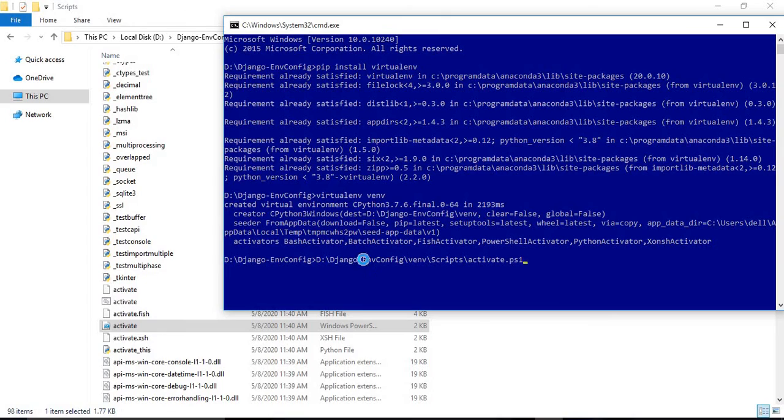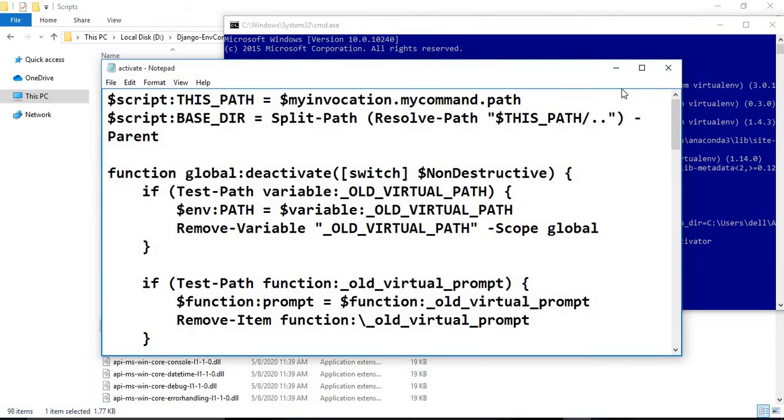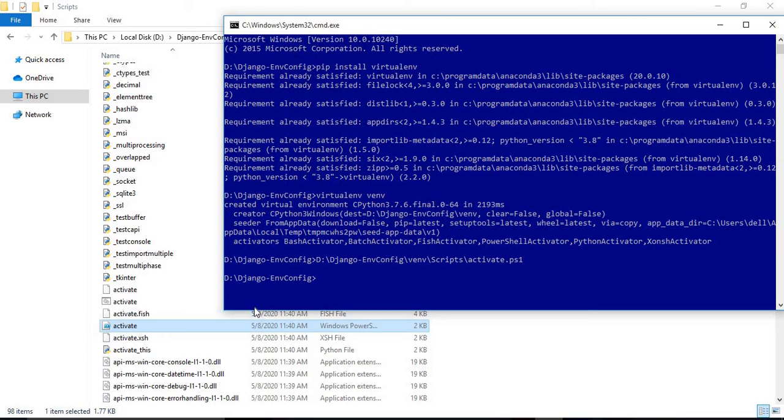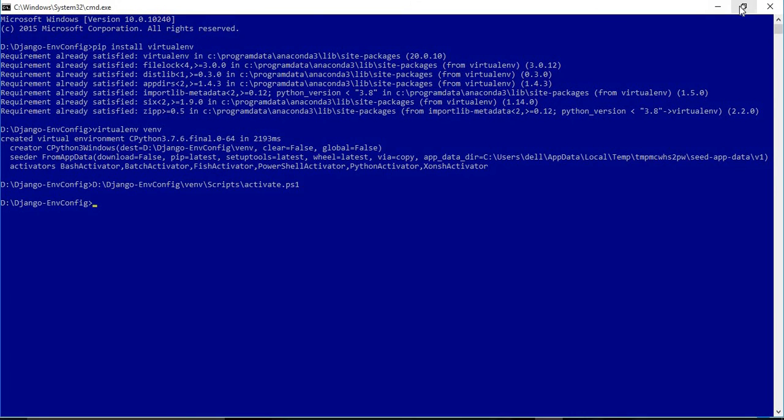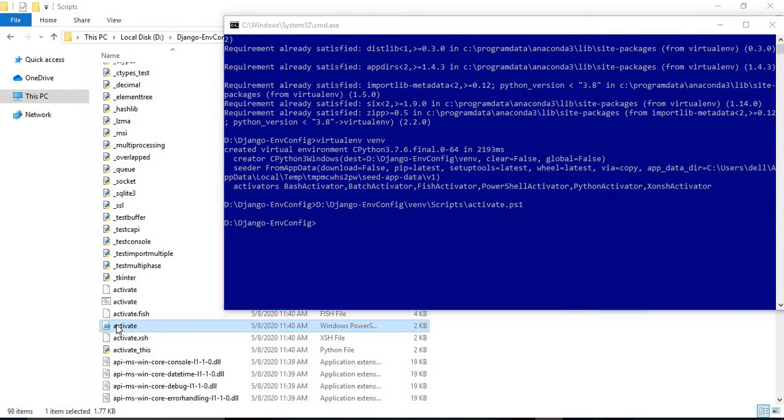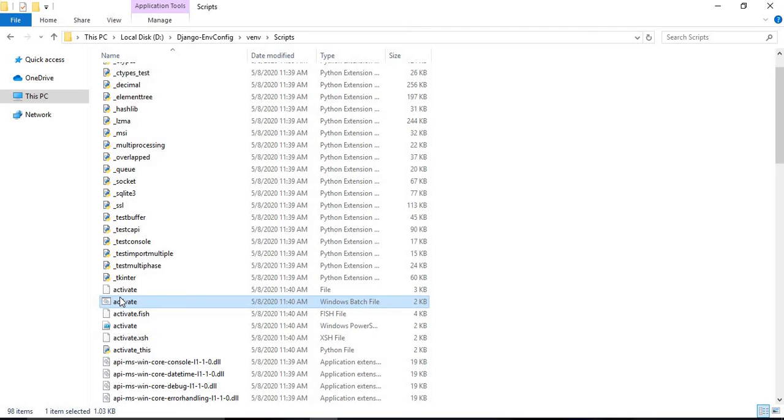And hit enter. No, I think we dragged and dropped the wrong file. See, one second. These are the Windows PowerShell file and the Windows batch file.